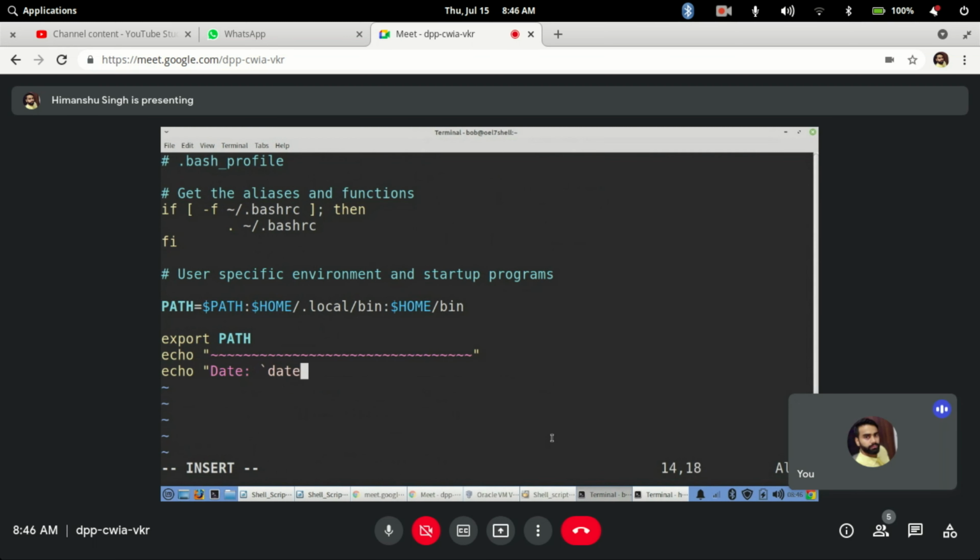See, this is a script only, it's a type of script only. So what I am doing, I am printing a first normal line. So this is a normal line, no command. Then I am printing the date for today. Okay, then I will print echo something like host name, and what would be my host name? I can use the hostname command.